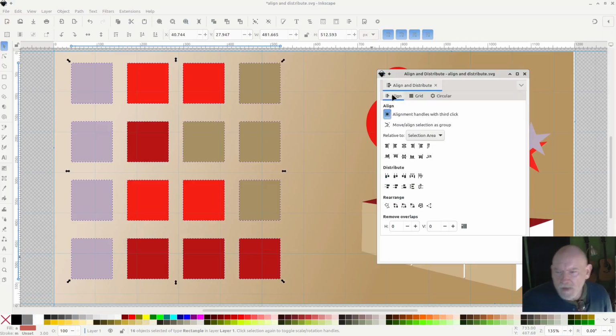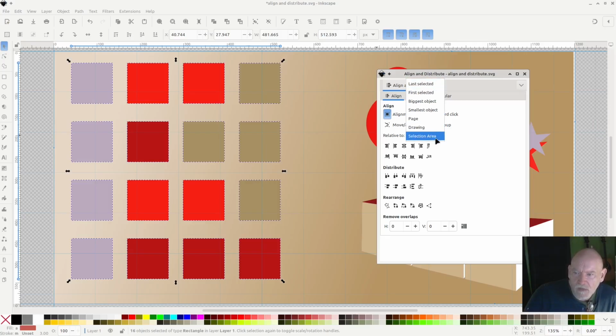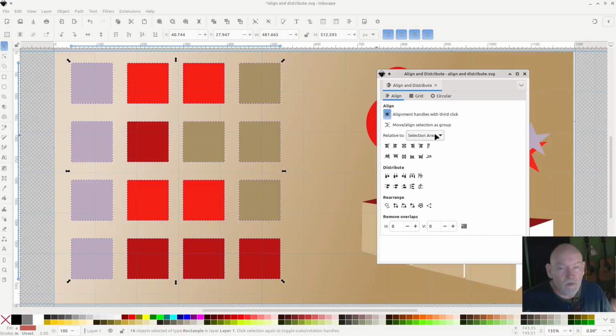And if I go back to the Align tab, you can see that there are all these icons down here, and there's a question here. It says relative to selection area, but you could also choose last selected, first selected, biggest object, smallest object, page, drawing, etc. I'm going to choose selection area because it's relatively easy to understand and it applies to what we're